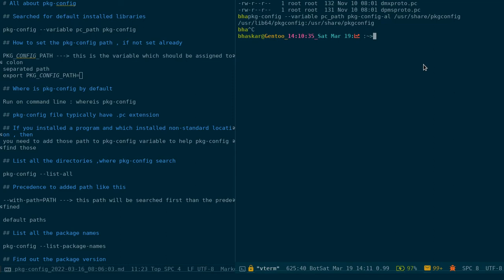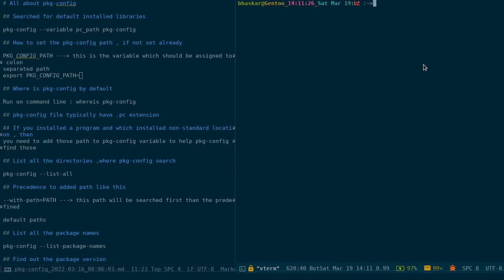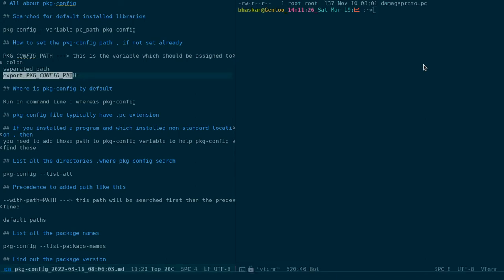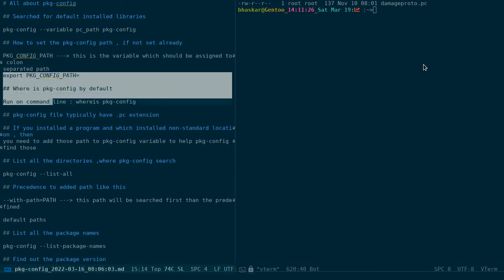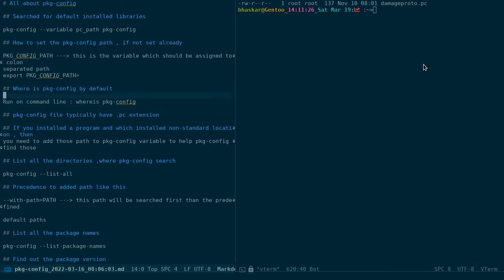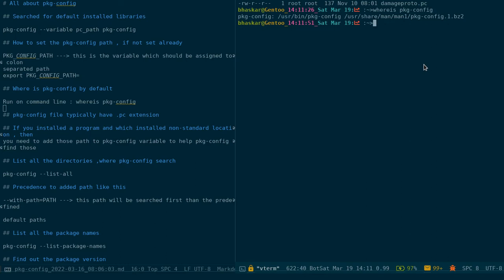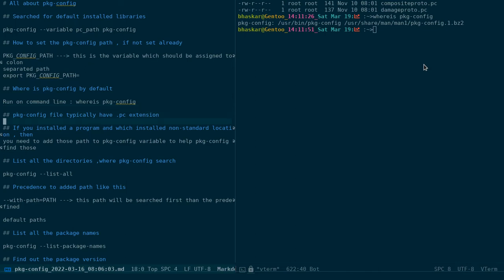I hope I'm clear, right? Okay. So if I go here, you can easily find out what the binary is, right? It's a standard command, pkg-config. You can see it resides in /usr/bin and it has a man page in /usr location, right? Okay, so now